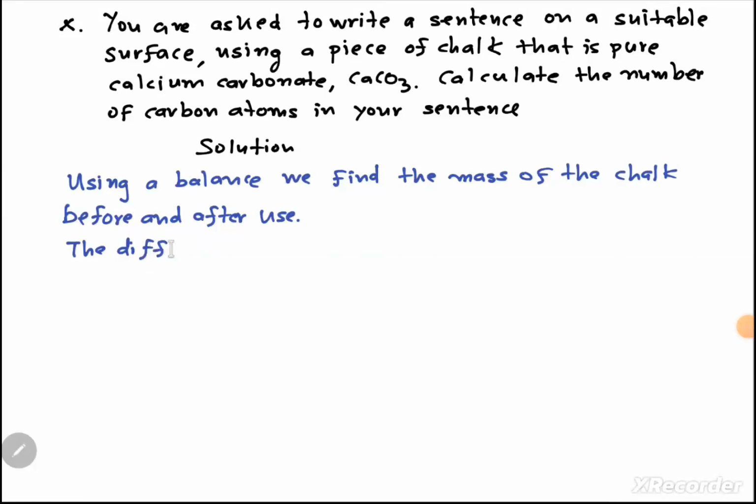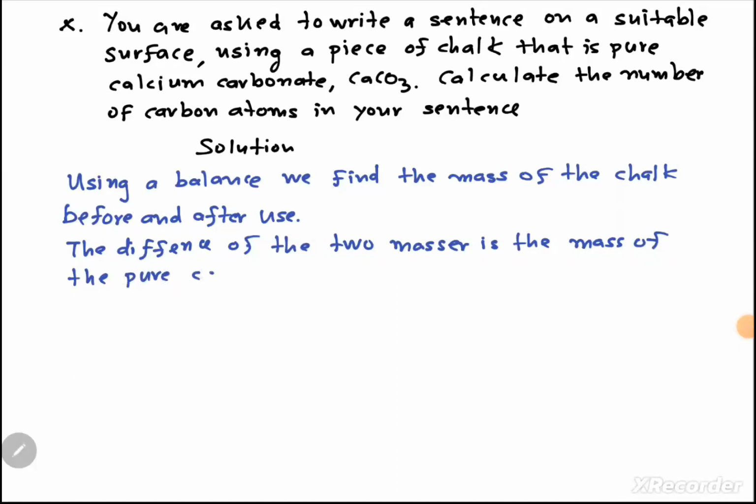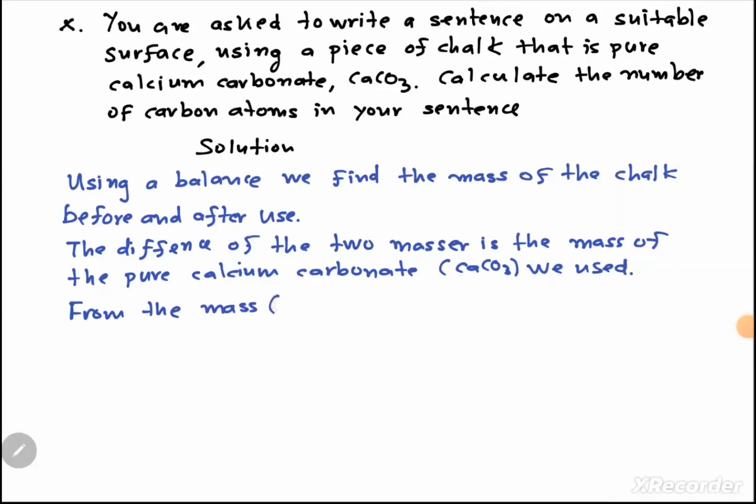The difference of the two masses is the mass of the poor calcium carbonate we used. From the mass of calcium carbonate,